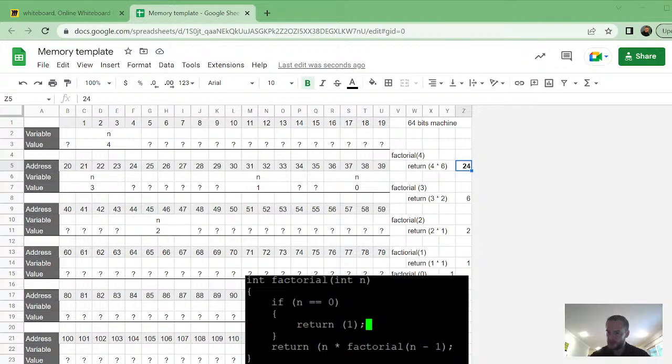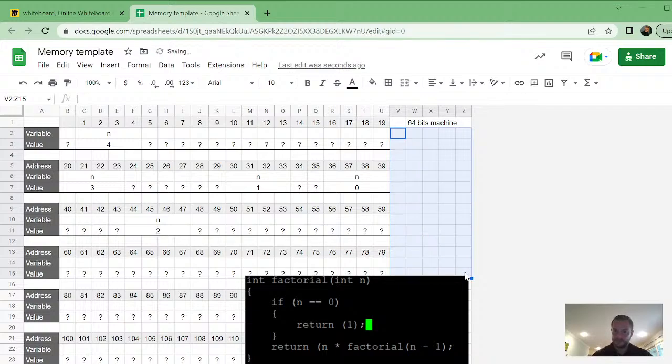So Caroline, you want me to repeat? No problem. Let's go through the example again. I'm calling factorial. We're going to do it with factorial 3, so it goes a little bit faster. Now let's do factorial 4. So factorial 4, n equals 4. Is n equal to 0? No. So we're going to return n times factorial n minus 1. So factorial 4, right? So here you're going to return